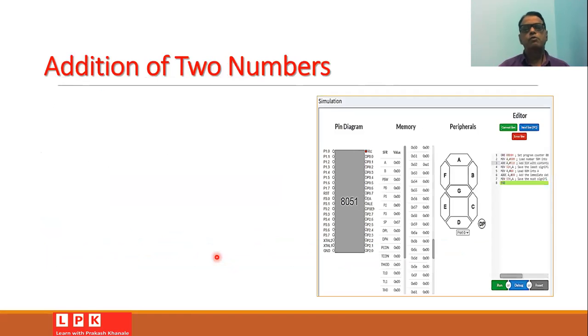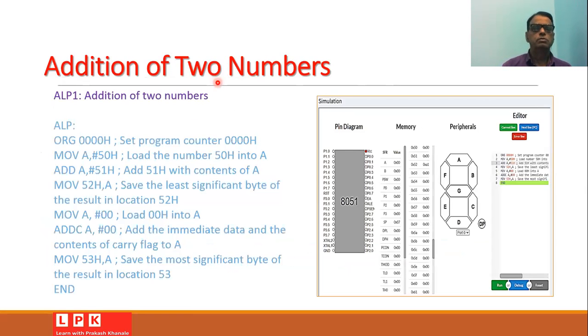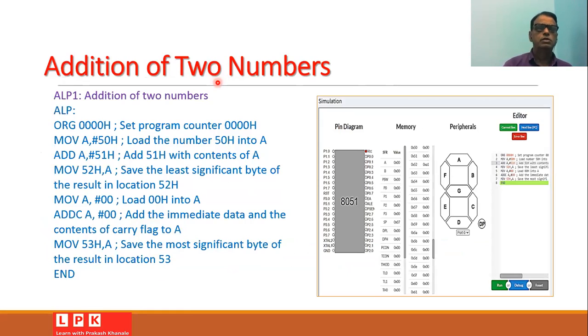So now let us go for discussion of some simple assembly language programs. The first assembly language program is the addition of two numbers. Suppose we want to write an assembly language program for the addition of two numbers. So this is a simple program. Initially we will set the program counter to 0000 by using this directive, ORG 0000h.